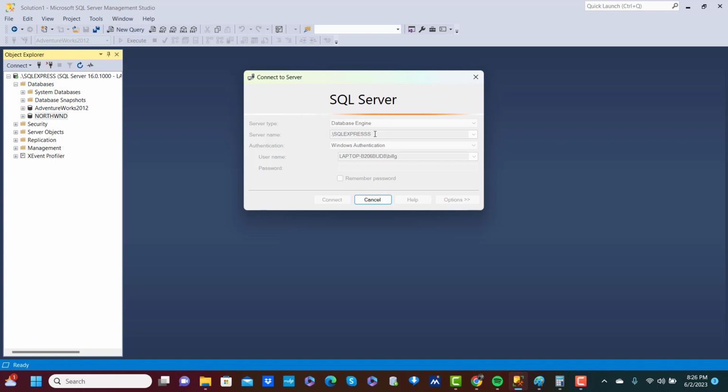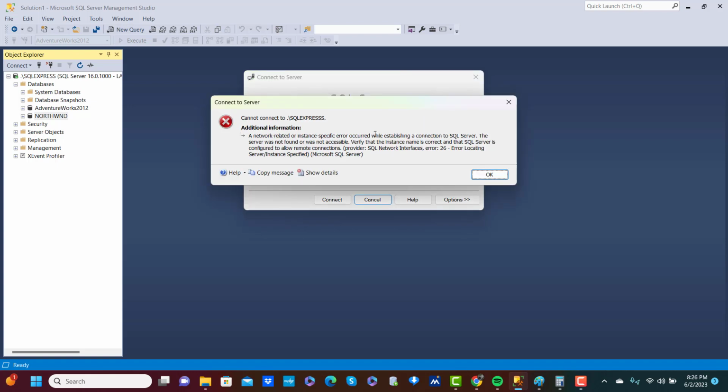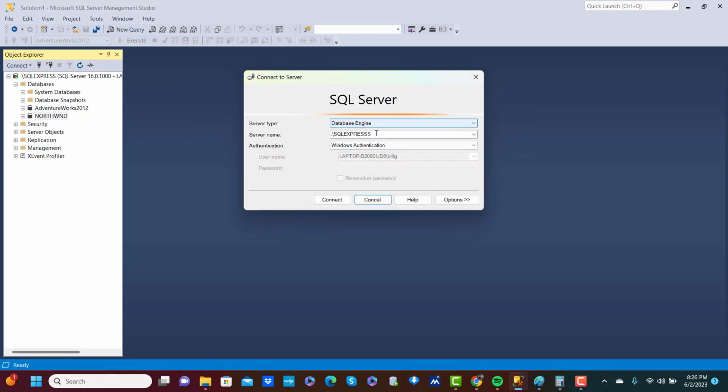And you'll know it's not going to connect because it's taking so long. It doesn't take that long. It connects in seconds. So right now it's thinking, okay. So when you get this error, cannot connect, right? It's two things. One, in my computer, obviously, I just added an extra S to SQL Express. But if you get that and you've done everything right and you put .\SQLExpress,